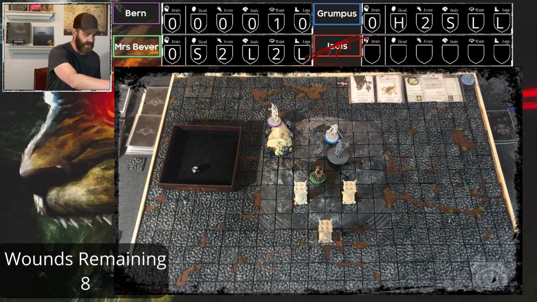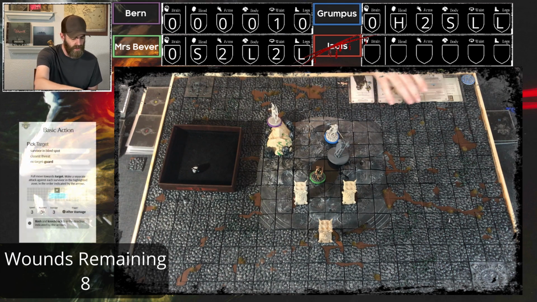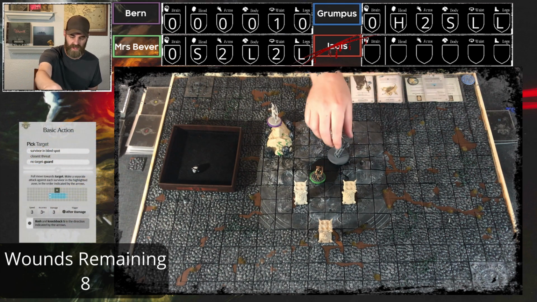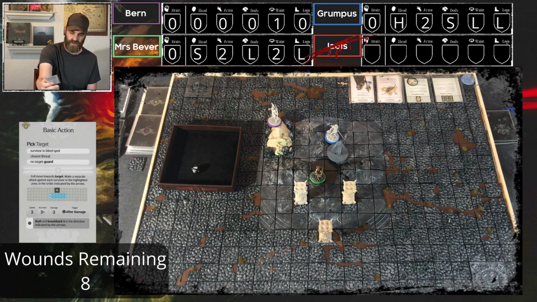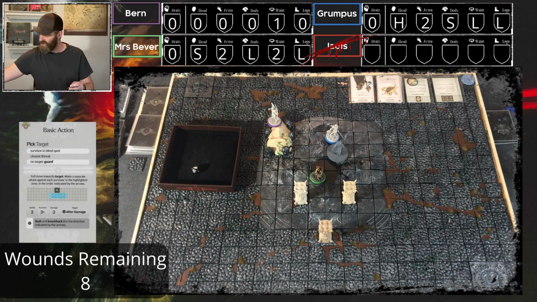Okay, so we put 3 battle pressure cards back on top. We do basic action. Survivor in blind spot, closest threat. So we're going to go here, and we're going to go sweep. So we're going to sweep that way. Speed 3. Hits on a...